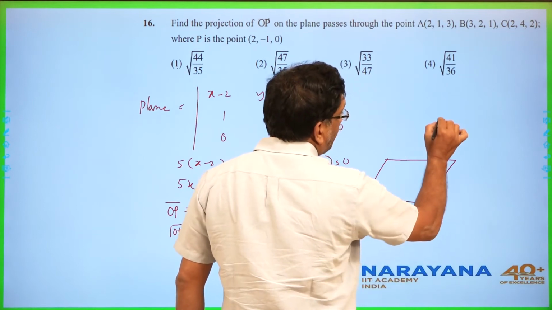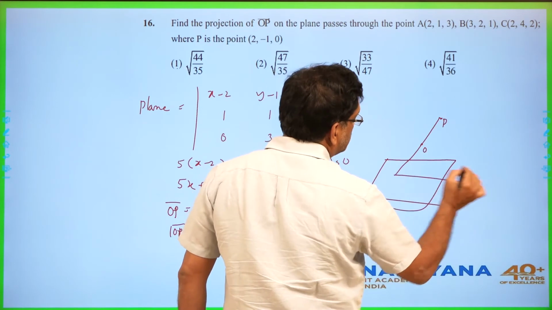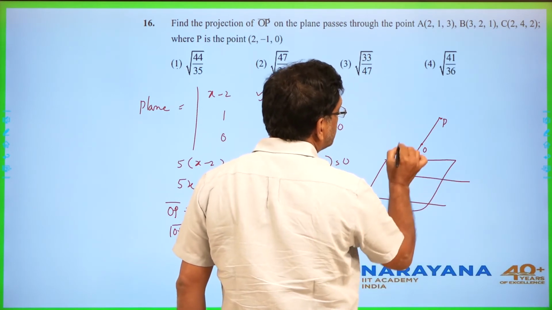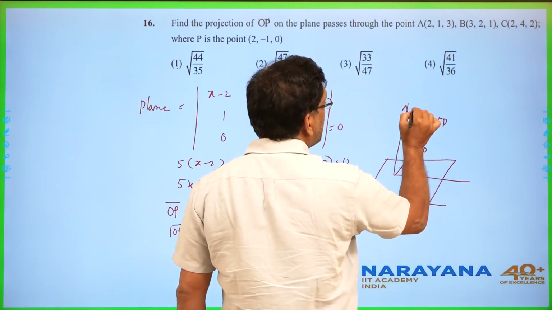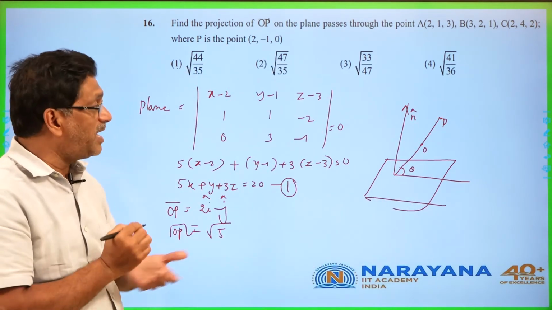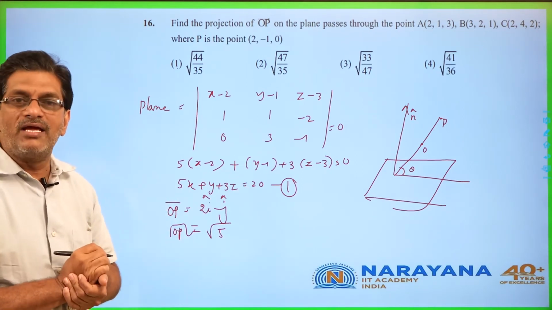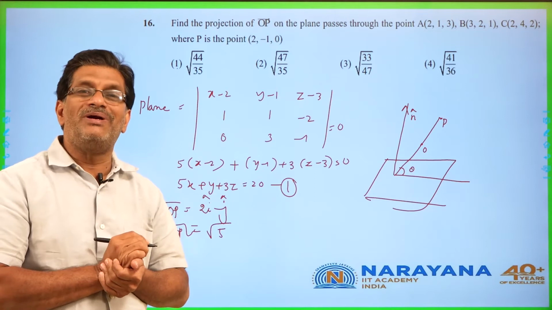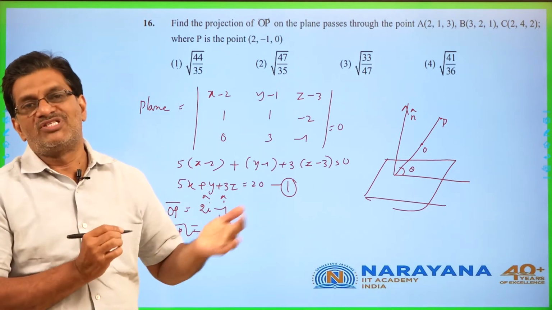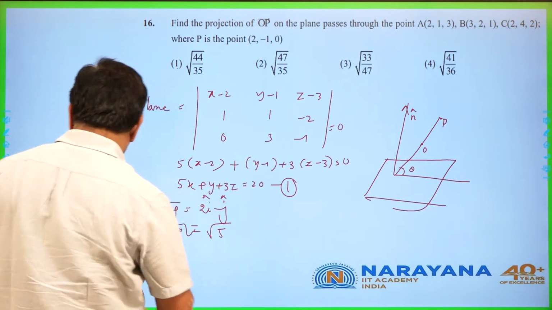OP, this is the line theta, then this is n cap. So he is asking on this x-axis, you mean on the plane. So hence it is OP cos theta. So we know angle between a line and the plane is the complementary of the angle, right? First you will get sin theta, thereby you can complete this one. If you solve, you will get that one.